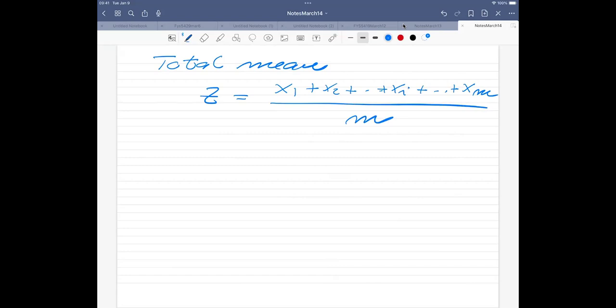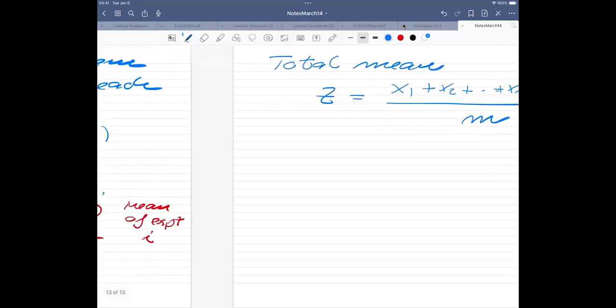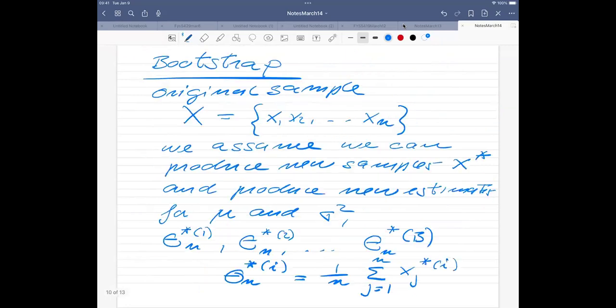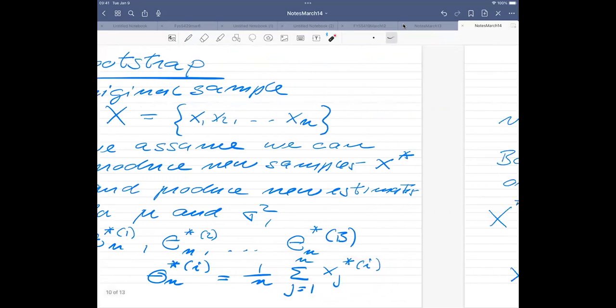So the thing which we are going to, if you now look at this expression here, is nothing but the one which we wrote previously when we discussed the bootstrap method. If you go back a little bit, this Z here would simply be the same thing which we put up here. So we have a set of experiments and they all contain n observations, and the expectation value for a given experiment is given by this one.